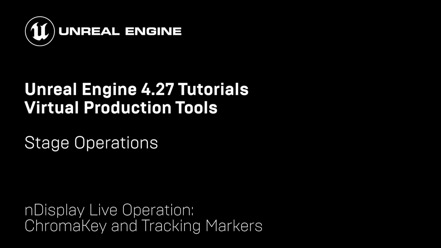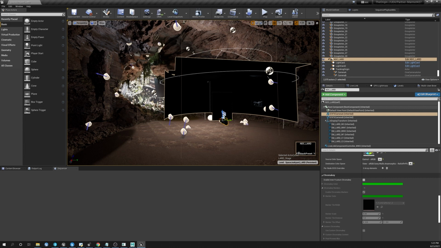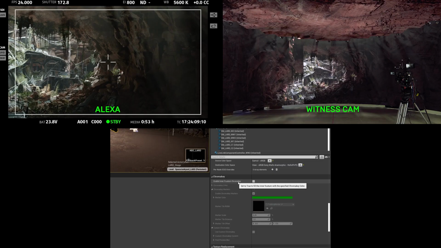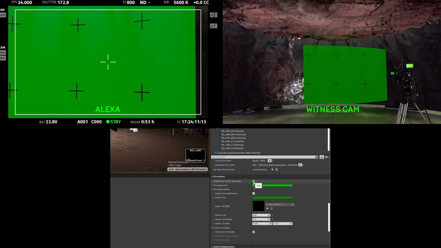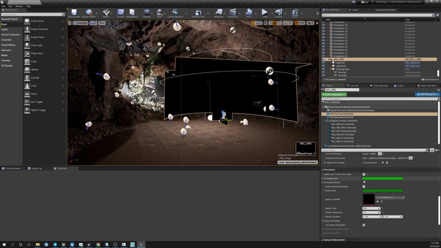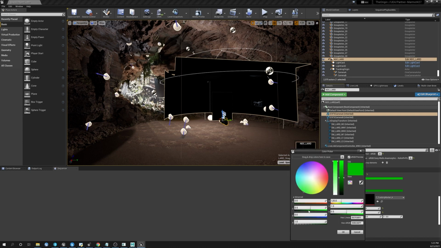In cases where you still want to benefit from the real-time lighting and reflections of the LED wall, but are looking to do a background replacement later on, we offer the ability to replace the entire inner frustum with a chroma key of your choice. We can do this by going to our end display actor, to our ICVFX component that represents the camera that we're looking to replace, finding the chroma key section, and then clicking this Enable Inner Frustum Chroma Key. This is going to replace the entire frustum with that chroma key color. This can be any color that we choose. By default, it's going to be green. We can switch that over to blue.